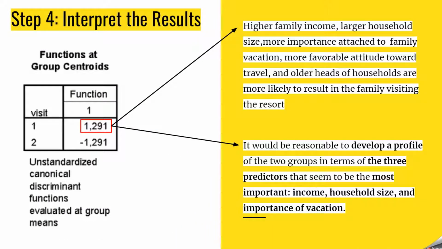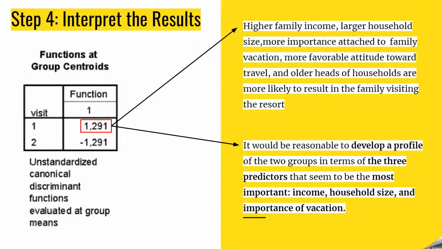In the function group centroid table, you can see that group 1 has a positive number, 1.2891, which is high, meaning there is a positive relationship between the predictor variables and the dependent variable. That is, higher family income, larger household size, more importance attached to the family vacation, a more favorable attitude toward travel, and an older head of the household are more likely to result in an increase in visiting